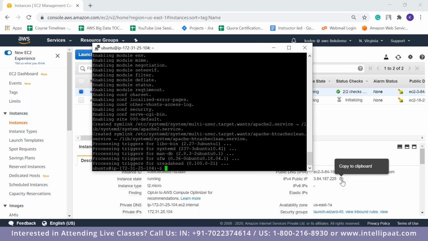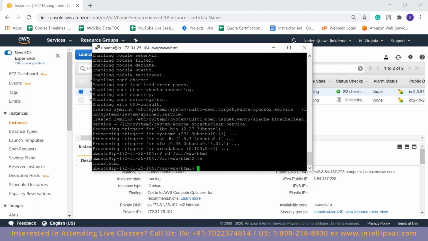This Apache 2 server has a default web page already embedded. The path for that is cd /var/www/html. Inside this you can see an index.html.